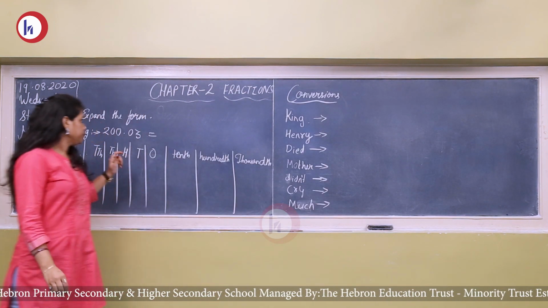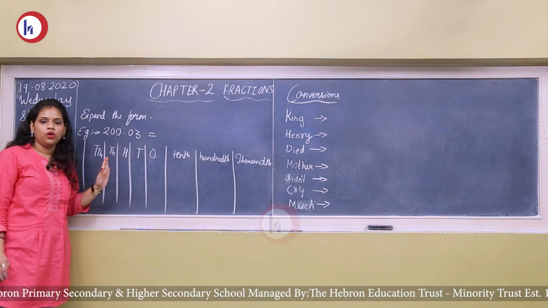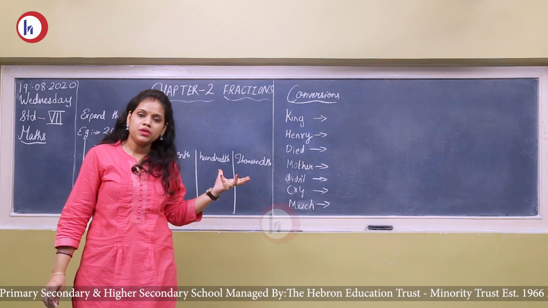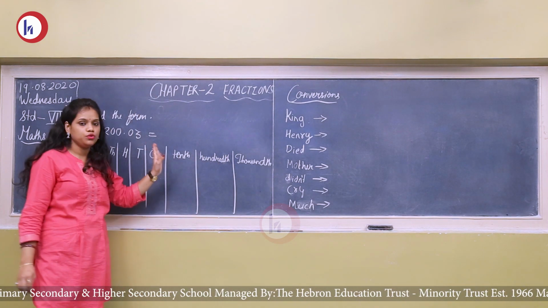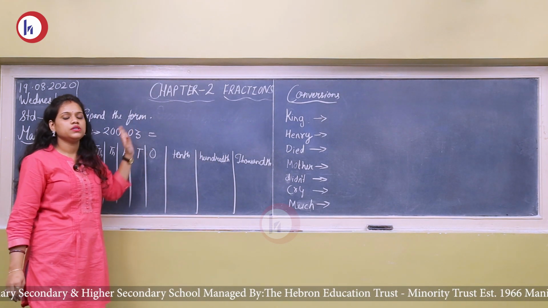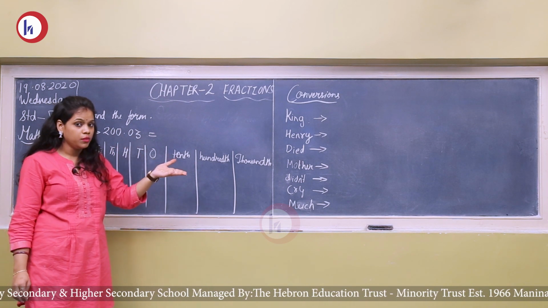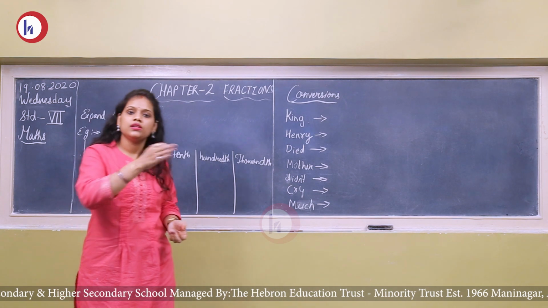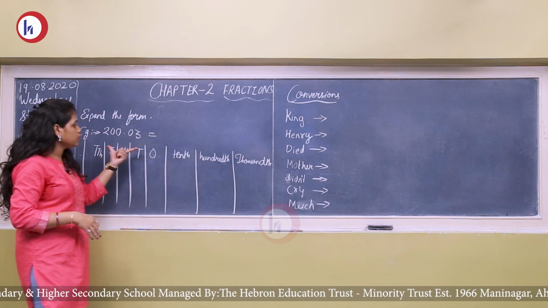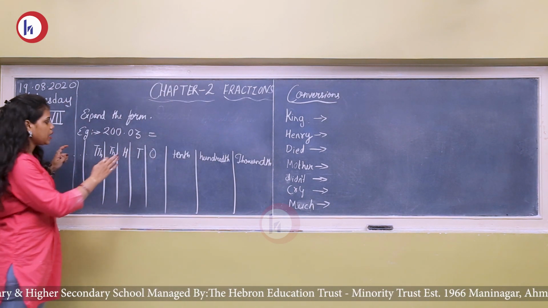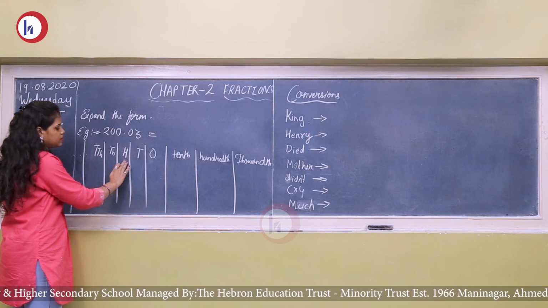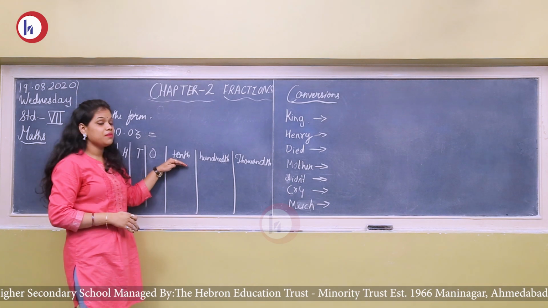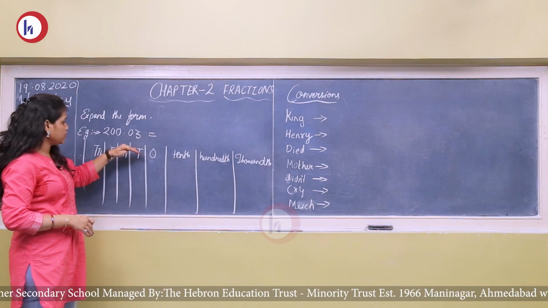Now we will see the expanded form of decimal numbers. You have already done the expanded form of normal numbers like natural numbers. You know ones, tens, 100, 1000, 10,000, and how we write the expanded form. Like 1 multiplied by ones, so multiplied by 1, tens so multiplied by 10. Now we will see it for decimal numbers. Until now you have done ones, tens, 100, 1000, 10,000 and so on. Now for decimals it becomes tenth. There is no ones place after the decimal.